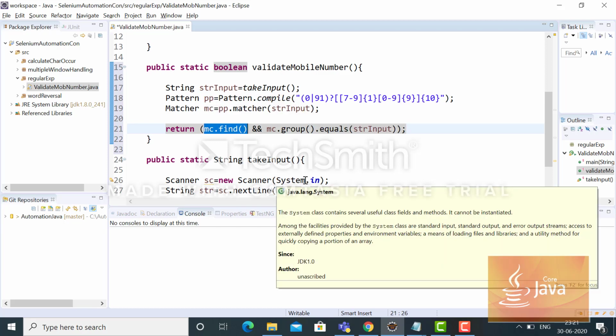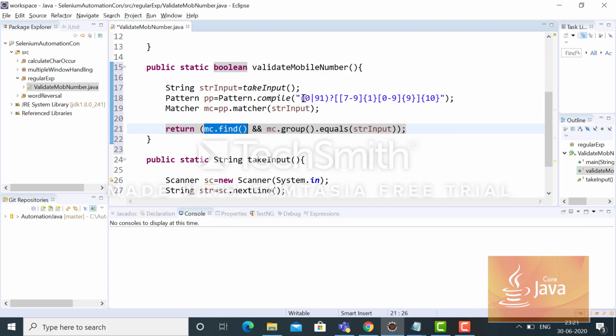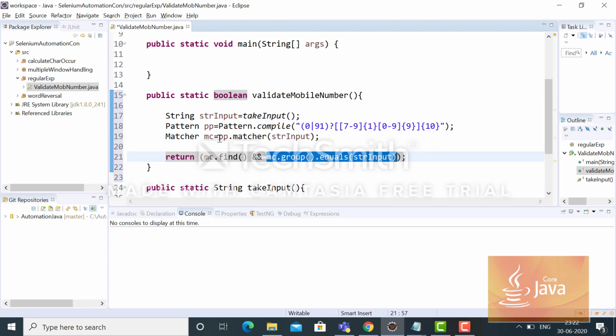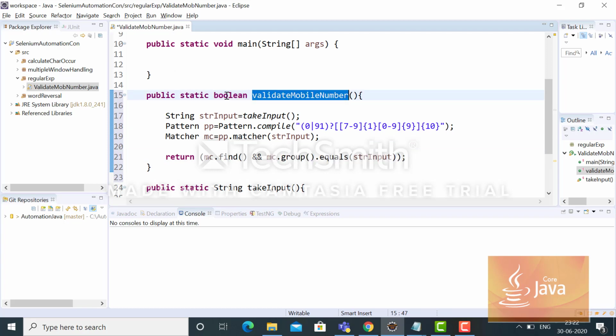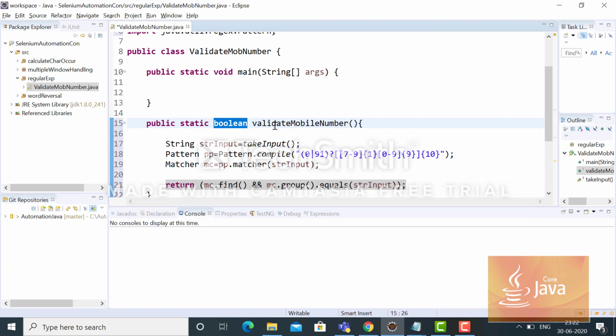And if I take some invalid input that does not fall within this matching pattern, it means it will return false. Okay, so the return type is boolean, right. So I will simply call this function here.